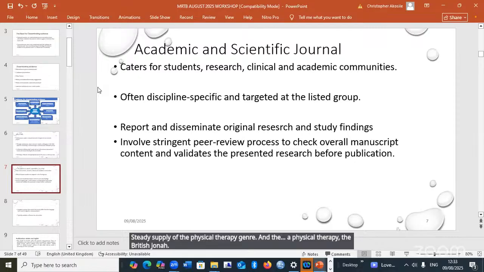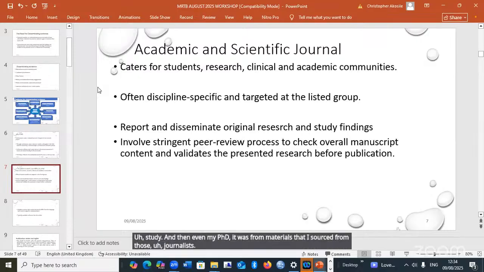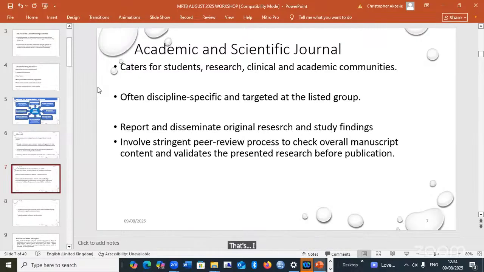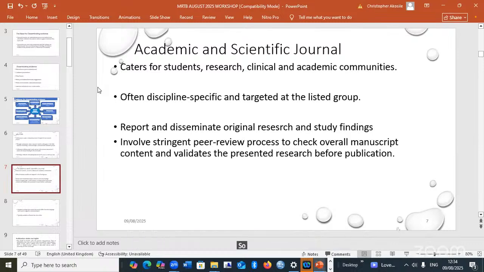And so I was constantly reading, and when I was going for my MSc study, and even my PhD, it was from materials that I sourced from those journals that I generated the idea and the topics for my master's and PhD. So these are also some of the gains that one can get from reading some of these journals. So it caters for all sorts of groups.